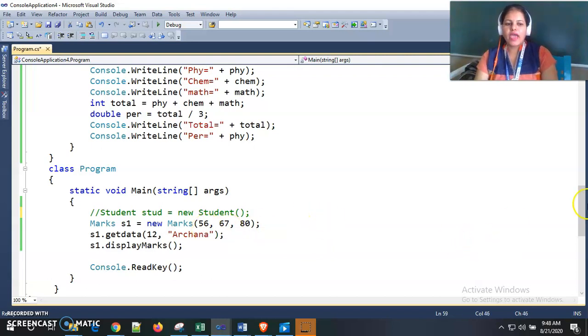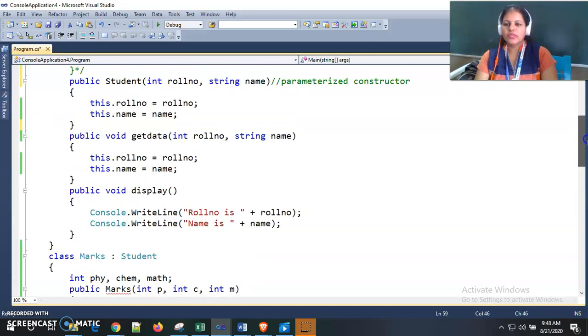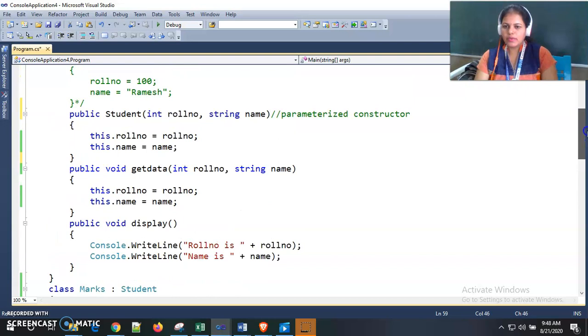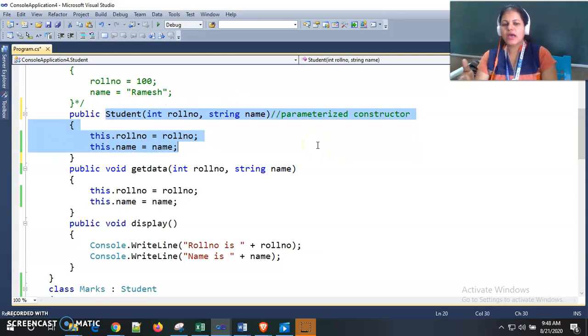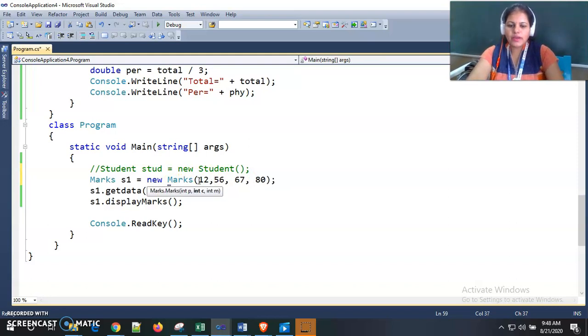Now if I want to initialize the roll number and name values by using this parameterized constructor, we need to pass the arguments. So while passing the arguments of this Marks class, I am passing the roll number and Archana as well.